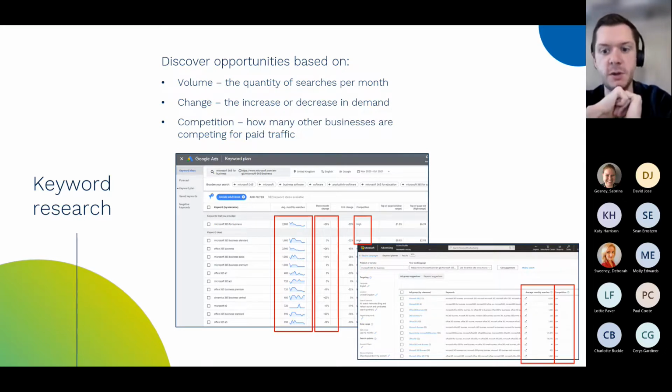It's a good opportunity for you to be optimizing your websites and going for those keywords, whereas those with high competition are a lot more difficult. They're a lot more expensive from a paid PPC point of view, but they're a lot more difficult as well from an organic element. So if you're starting off with an SEO plan for the first time, let's focus on those low volume keywords. And that's where we're going to drive the greatest short-term success.